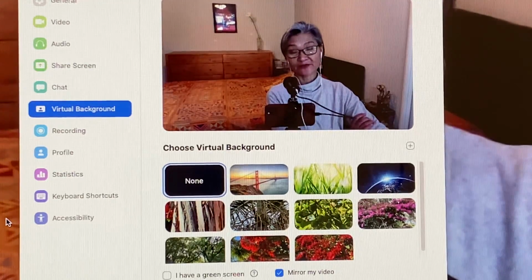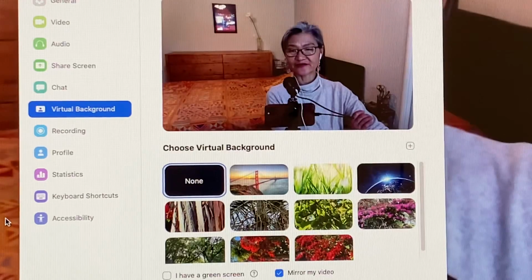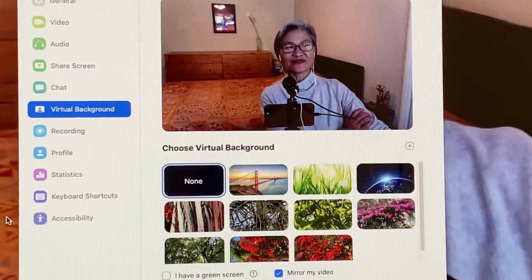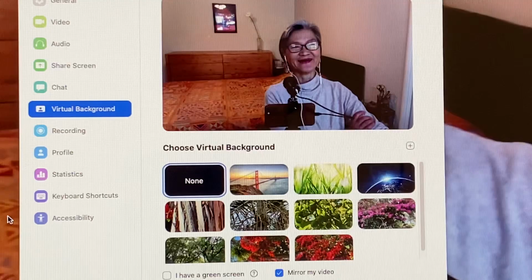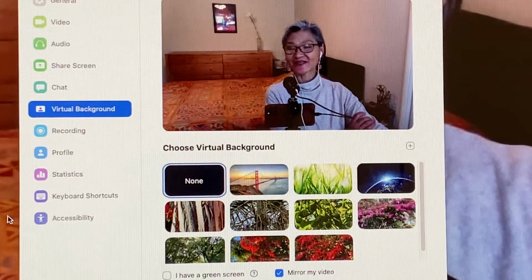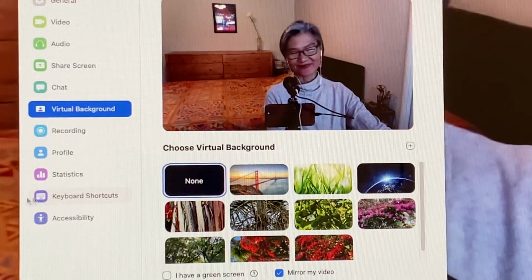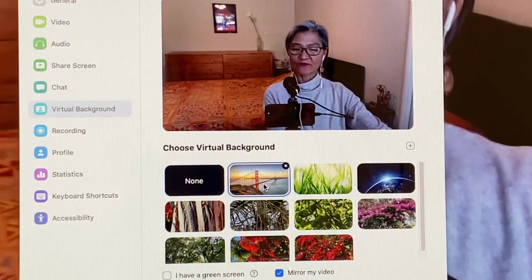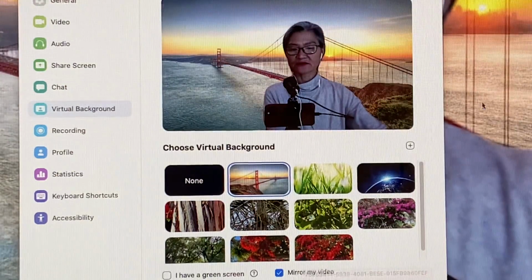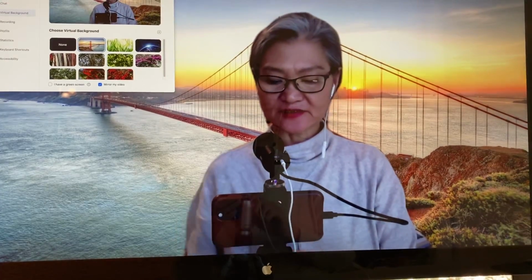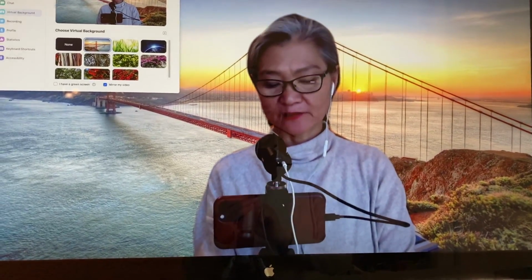When you are too happy, you do not want people to be jealous of your happiness in your Shangri-La stage. You do not want to show it. So there is a very commonly used background. I will move this one away so you can see it actually does not work very well. The background is pretty, but the